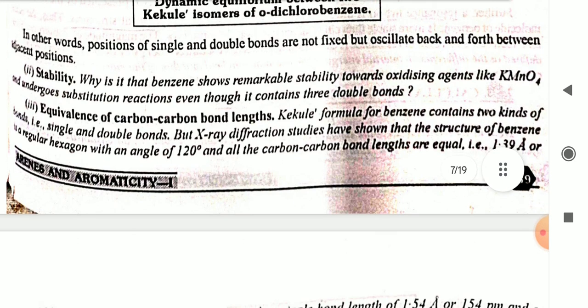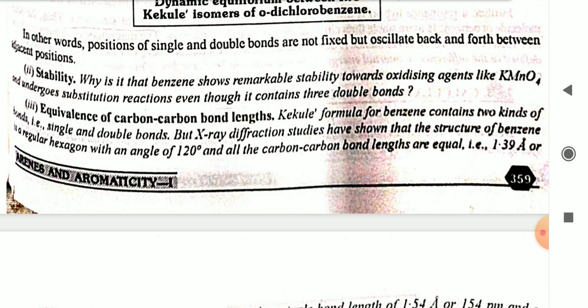In other words, the positions of single and double bonds are not fixed but oscillate back and forth between adjacent positions. Stability: why is it that benzene shows remarkable stability towards oxidizing agents like KMnO4 and undergoes substitution reactions even though it contains three double bonds? Second, equivalency of